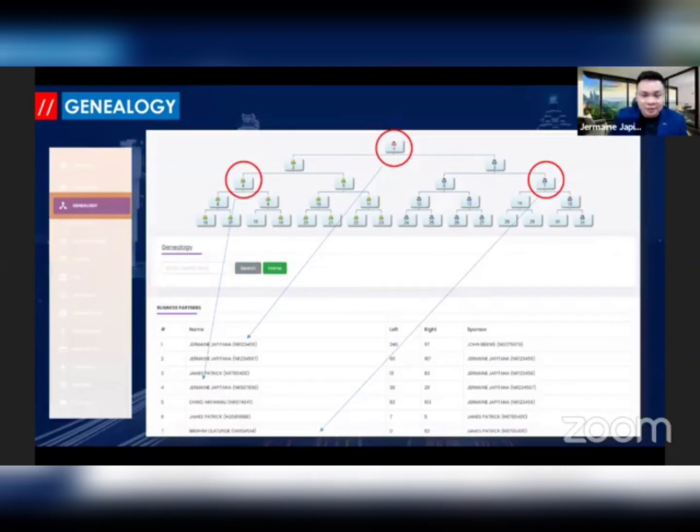So if you have any questions, just type it down there, or you may jot it down and we will answer that later. So that is your genealogy. Okay, now